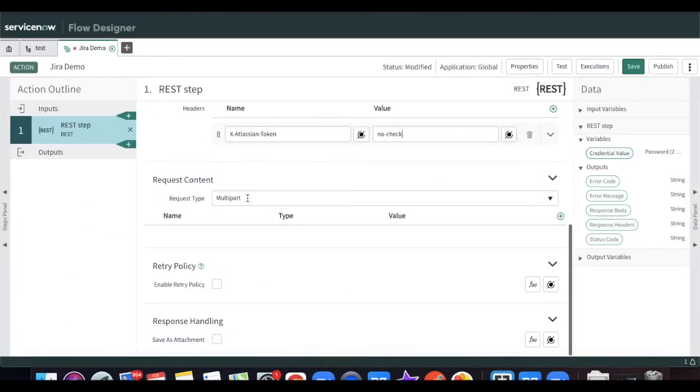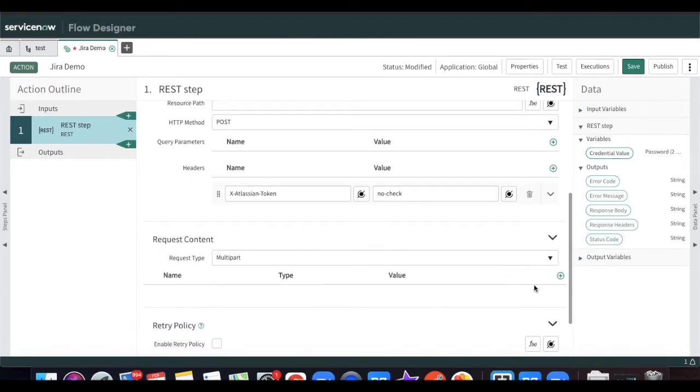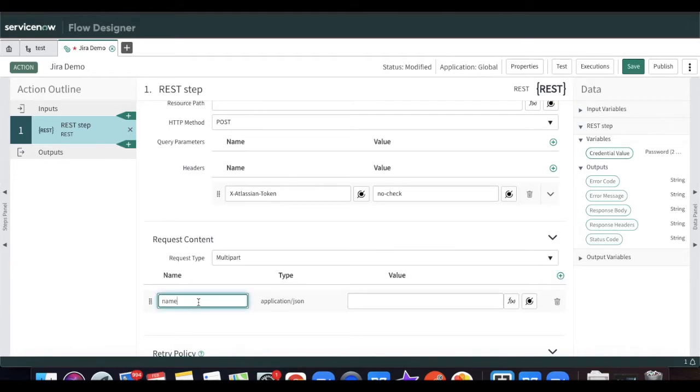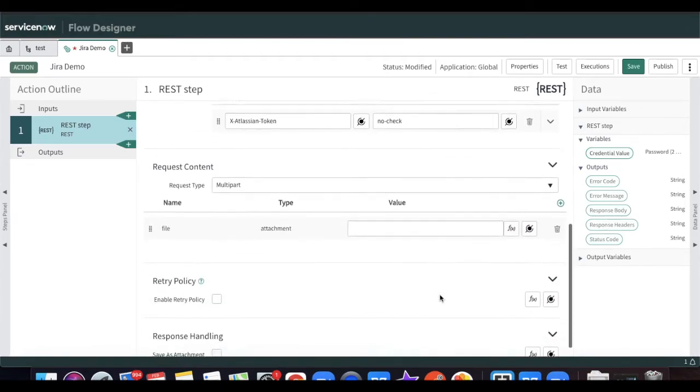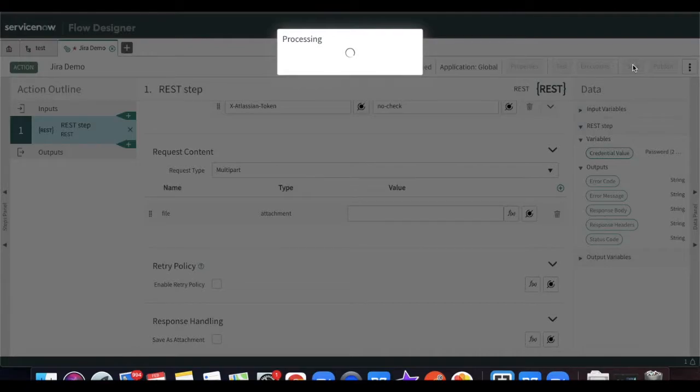So in the request body we have to put name equal to file, body should be attachment, and here I should pass some attachment sysid. These things just need to be done, and then I should be able to send that data to Jira. Okay, so let's save that first.